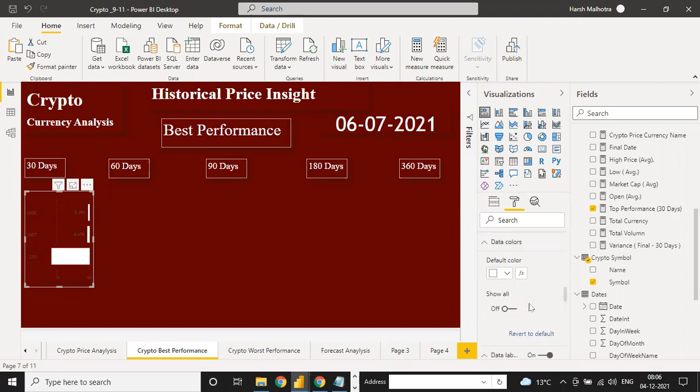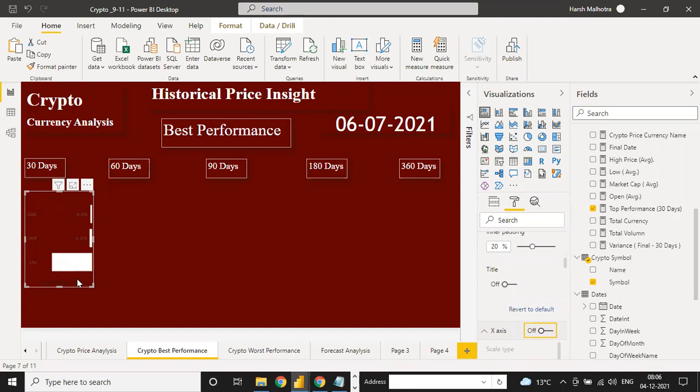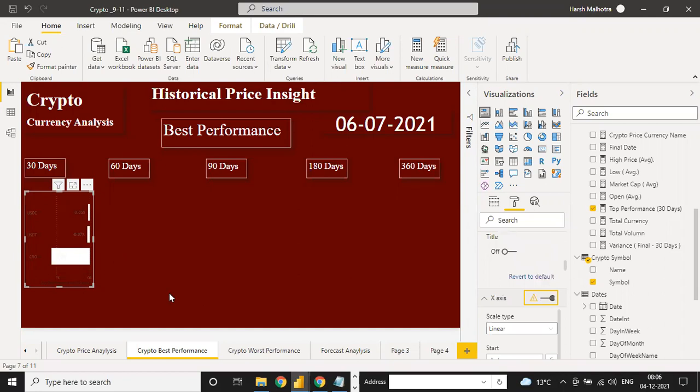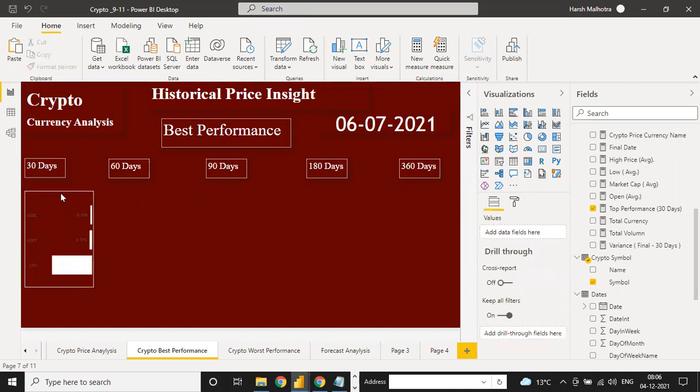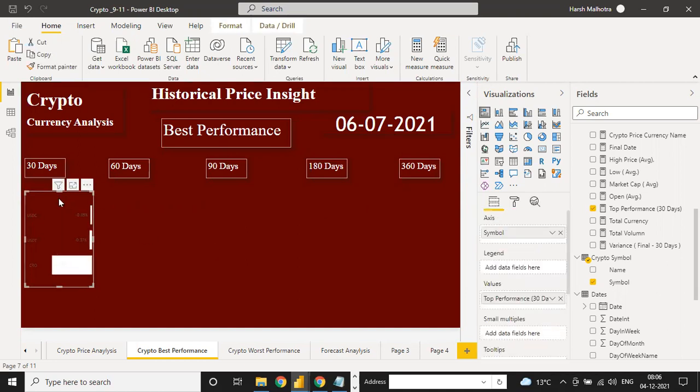In the x-axis we don't need it, so click on this x-axis, just switch off. See, right now if I switch off the x-axis, this line will show. If I don't need this line, click down, title off, and now you have to put this x-axis off. So this is your best performance of 30 days for these three currencies.